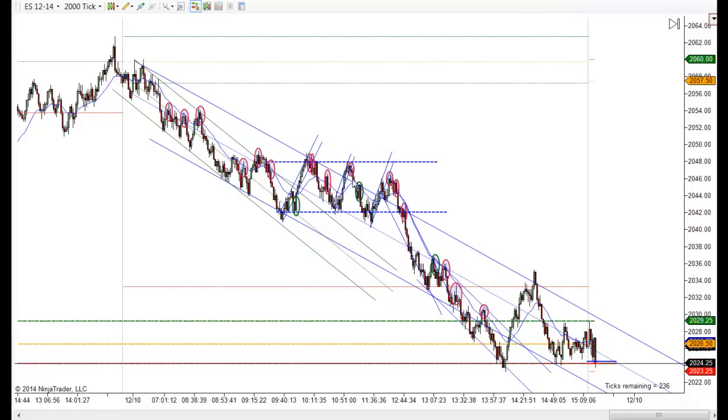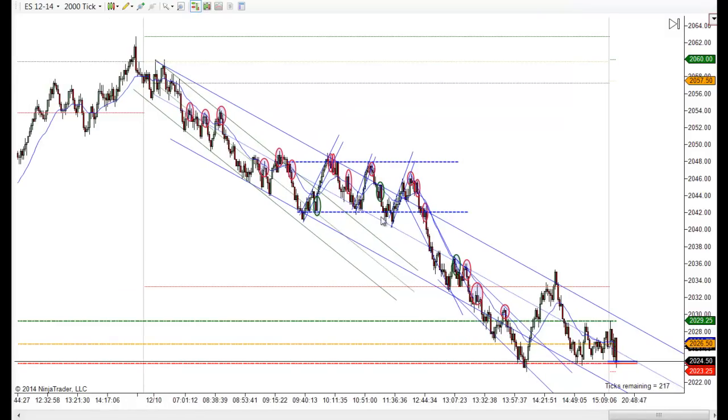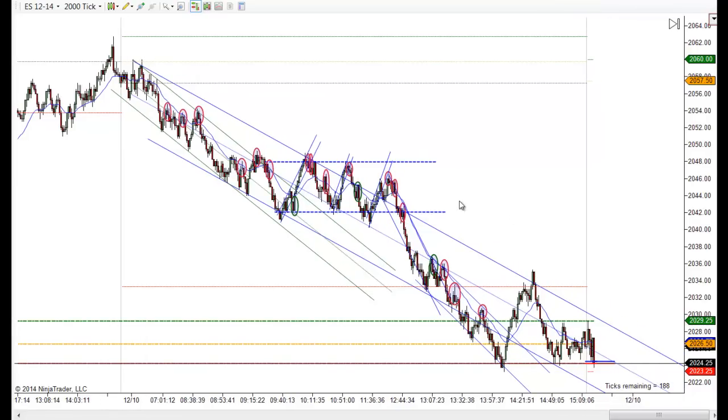Got a little flat right in here, but that's just, in my opinion, the correction from the first channel down, and then you started your new trend, and it really started right there. Actually, I guess it really started here because that's a lower high and lower high. But once you broke lower here and pulled back and then had your little breakout pullback short here, that was the real clue that we were headed lower.